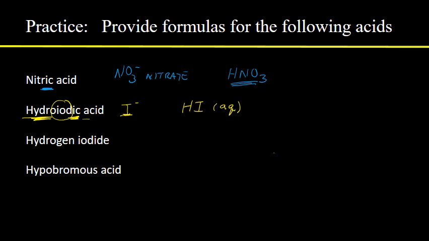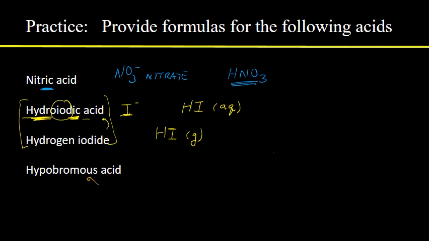All right, now hydrogen iodide is the same thing. Remember, for these binary acids, it depends on whether it's in the gas phase or dissolved in water. And hydrogen iodide is just the name that we give to these binary acids when they are in the gas phase. So hydrogen iodide would just be HI, just like hydroiodic acid, except that it's in the gas phase. Okay. All right, and then our last one,